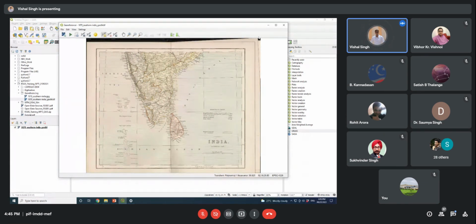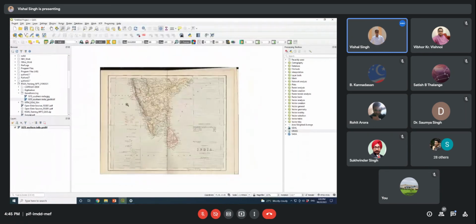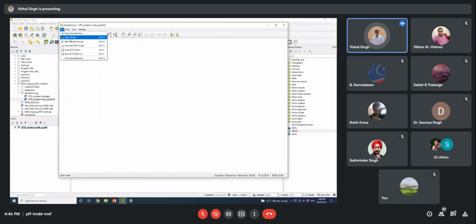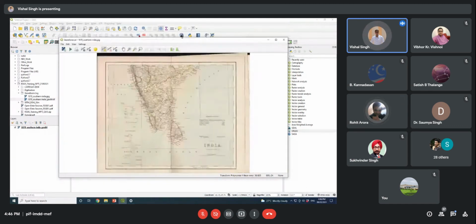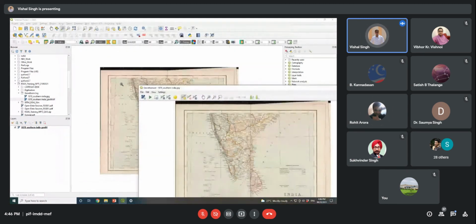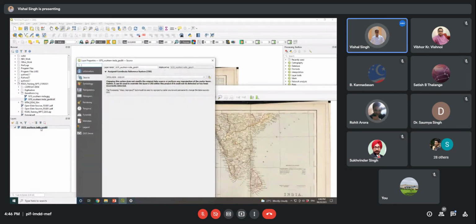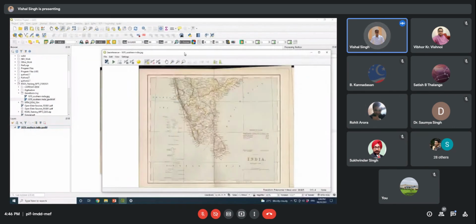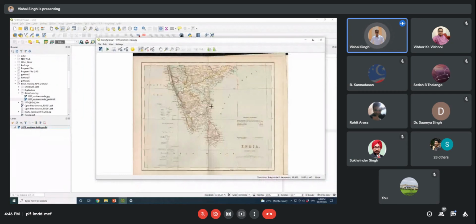So this is the reference map, and here in this raster I can go to georeferencer, and here I will open the map which is not georeferenced. Now you see that this is already georeferenced in this map window, and this map does not have any coordinate system information.